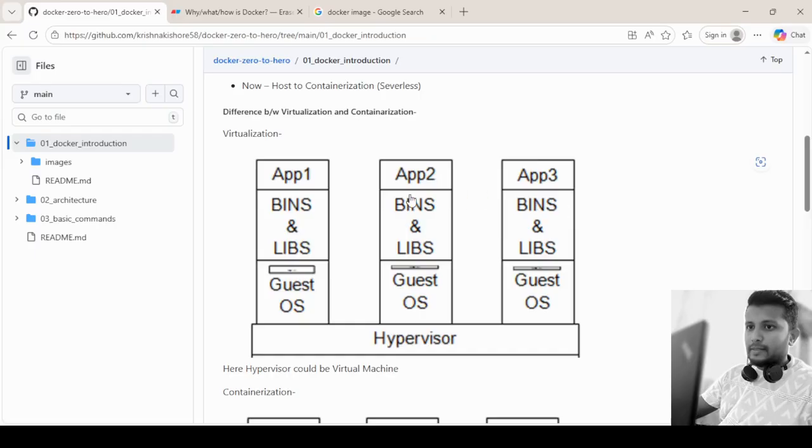So the drawback of virtualization was that since we were setting up almost the entire operating system, it used to become very huge, very bulky, and it used to take a lot of time to boot up the application.